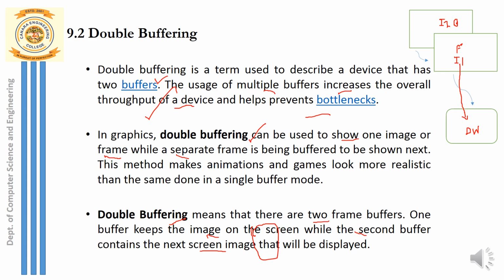Once you push image 1 onto the screen, the front buffer becomes empty. Now you can push image 2 from the back buffer to the front buffer, and after pushing it, image 2 is ready to display. Image 1 you have already displayed, so now the turn is to display image 2. By the time image 2 is pushed into the front buffer, your back buffer is also free, so now you can get image 3 into the back buffer. This is how a series of images can be displayed onto the display window with the help of these two buffers. So this becomes very easy.